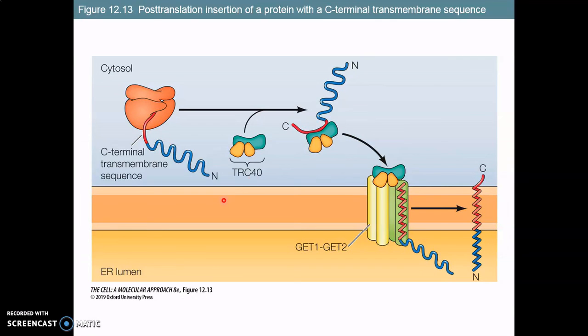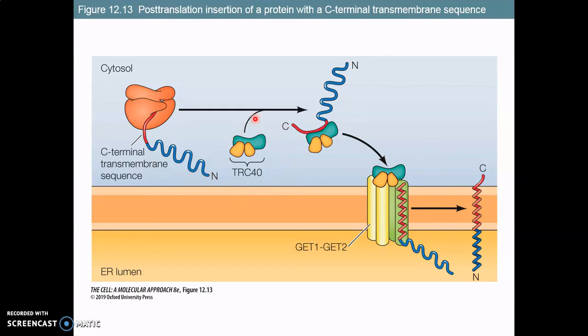All right, here is a slightly different scenario where the transmembrane sequence is down on the C-terminus of the protein. So here, by the time we actually produce a sequence that the SRP would recognize, the protein has already been produced. That's going to require a separate system to import it. And so here we have